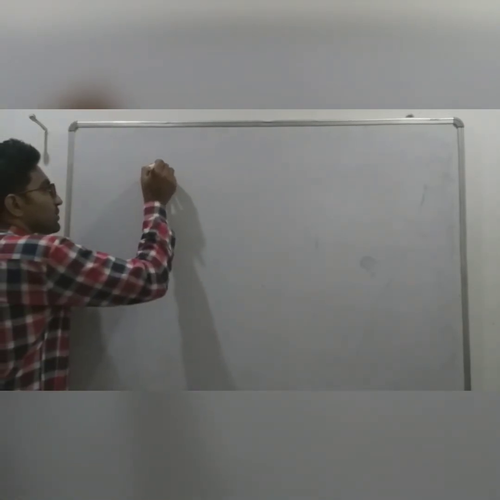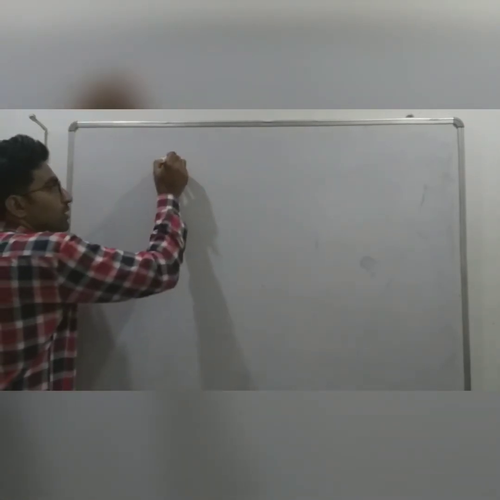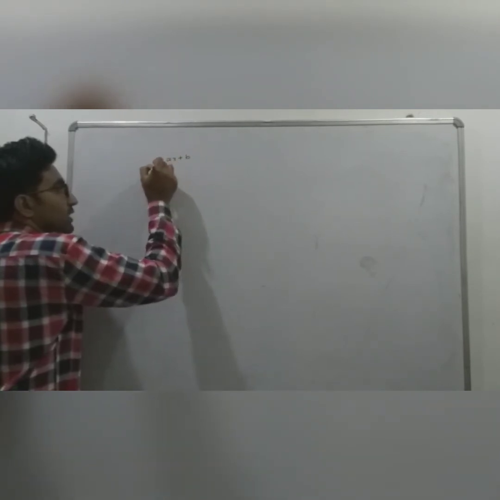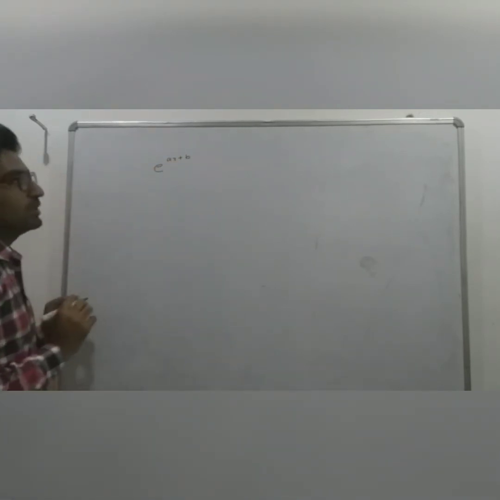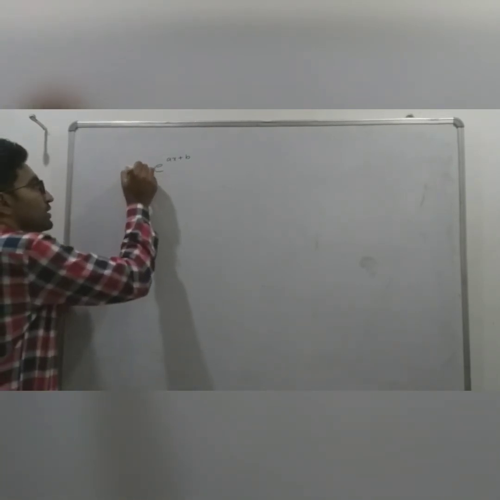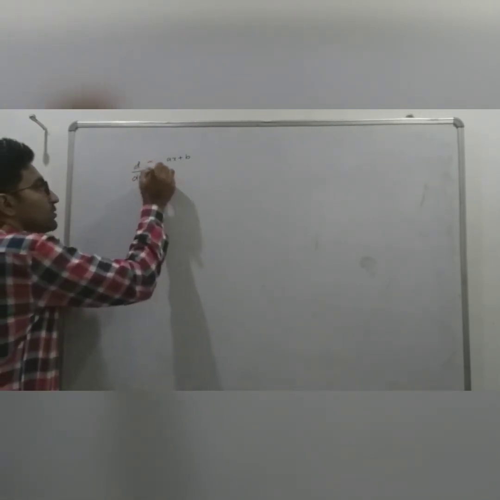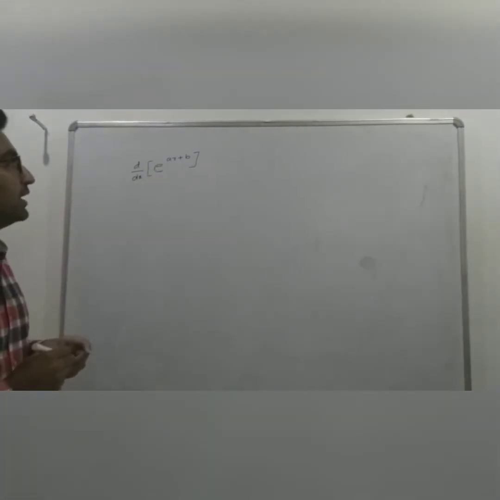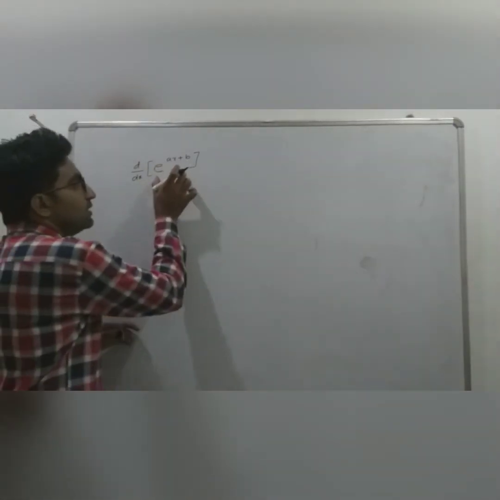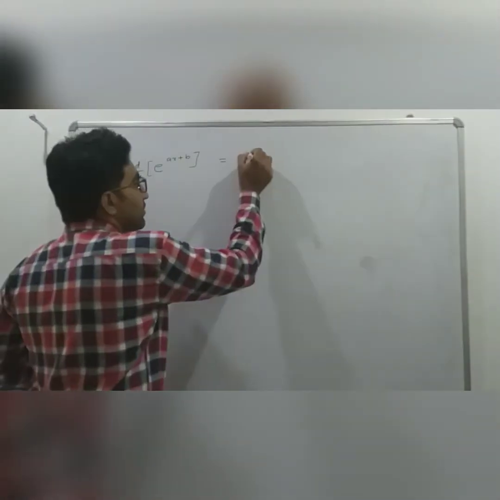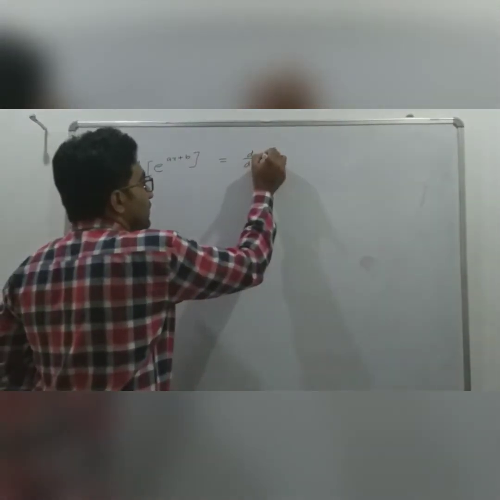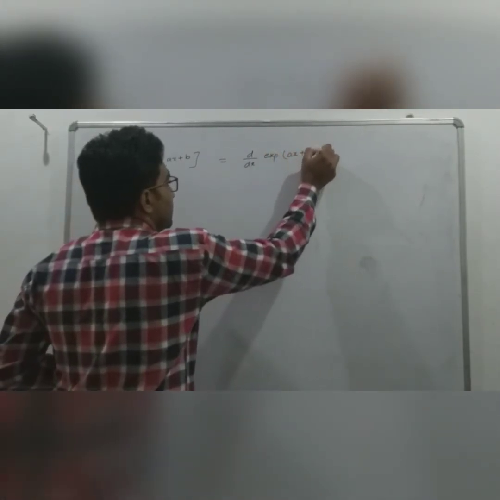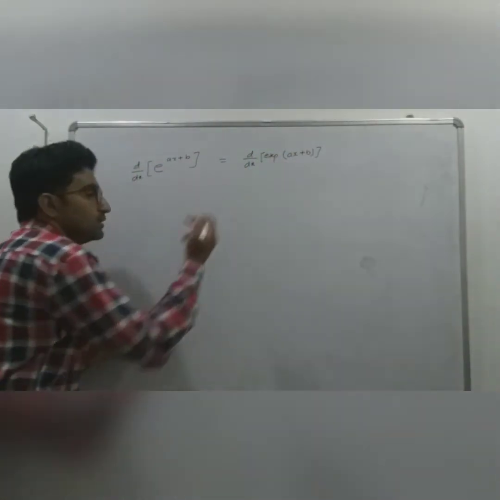Exponential functions are represented by e raised to a power. Suppose we are given e raised to the power (ax + b). Here e represents the exponential function. Suppose we have to find the differentiation of exponential of (ax + b). Sometimes this is written in the form d by dx of exponential of (ax + b). These two quantities are the same.